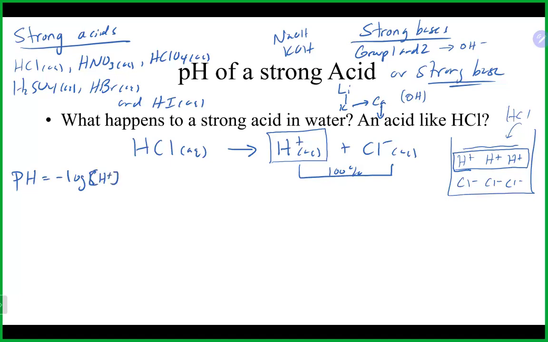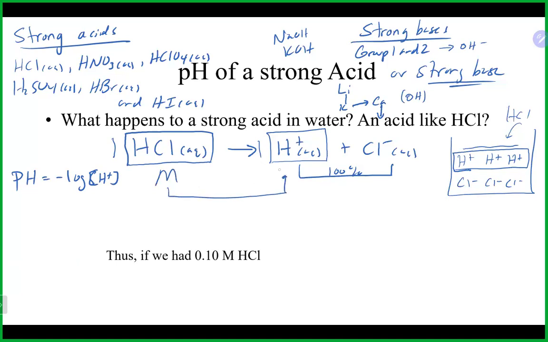Our formula here. So we need to find, again, a way that we can figure this out. And we could do what we talked about when we did concentrations, which is molarity of ions, kind of like a mole-to-mole relationship. For every one of these, you get one of these, which means whatever this concentration is will be the same as the concentration on the other side for the H plus, because it is a 1-to-1